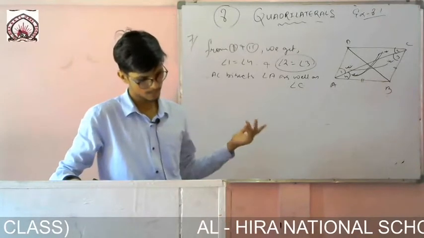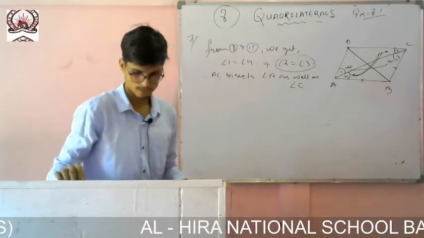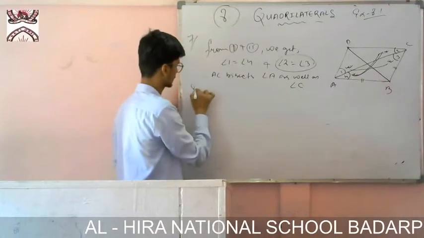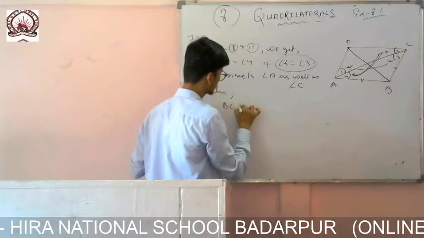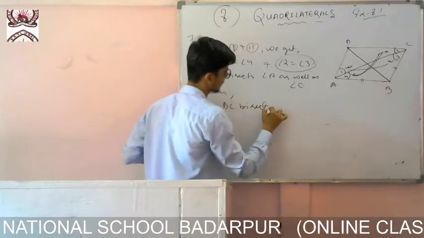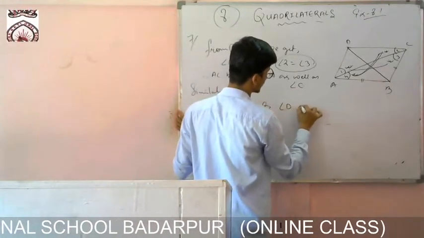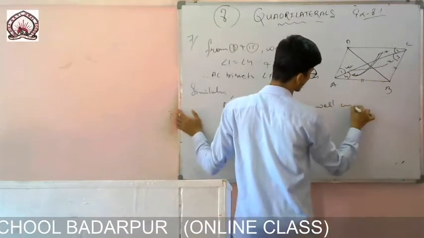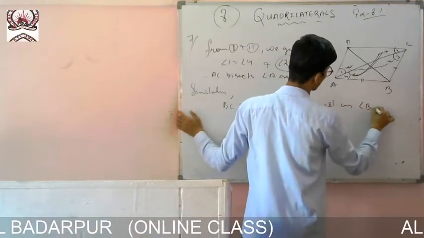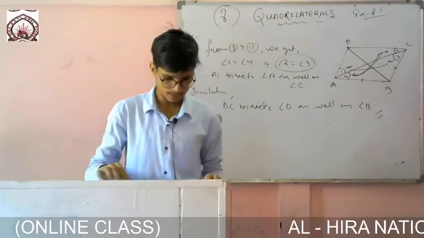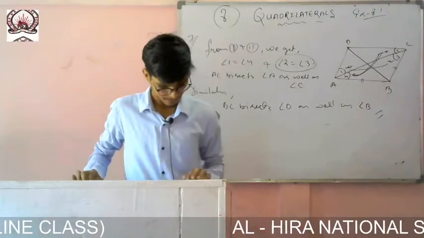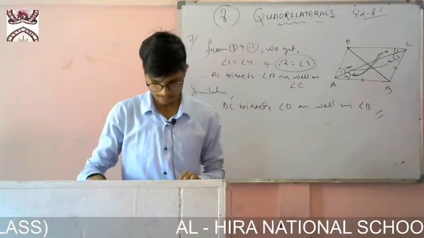So similarly you can prove that BD bisects, so similarly we can show that BD bisects angle D as well as angle B. Okay, so question number 8, you see ABCD is a rectangle in which diagonal BC bisects angle A